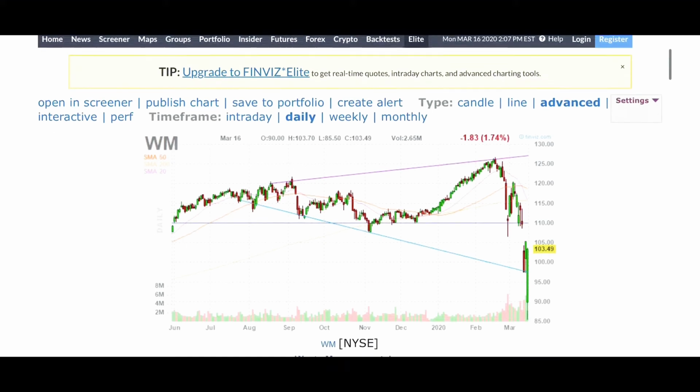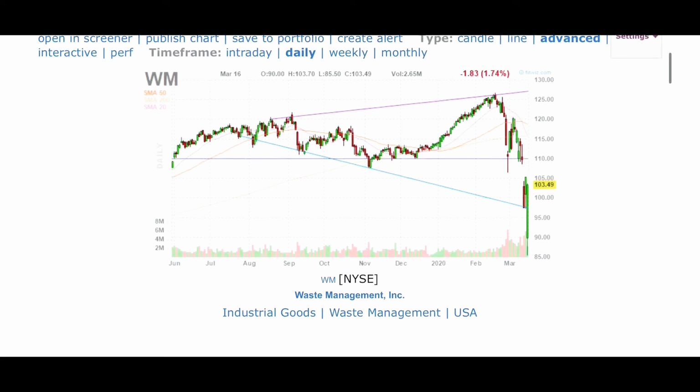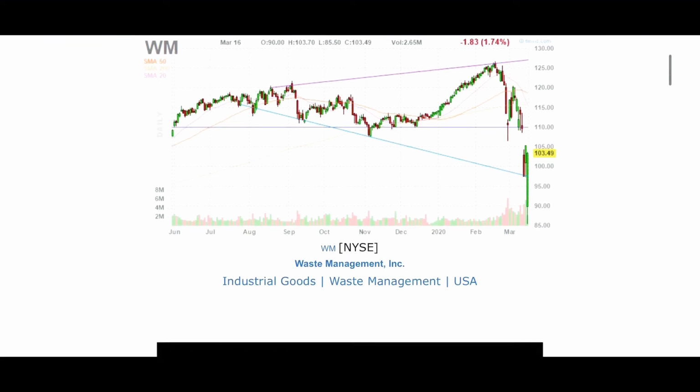Okay, guys, I know the market's falling and we got the corona thing happening, but I want you guys to start thinking contrarian. What type of stocks are getting beat up for no reason other than the market's just taking a punishment? There are things called best of breed stocks, and you will buy them during these downtimes. You buy in chunks. You don't buy your whole position now. You buy a little bit now, you buy a little bit later, you buy a little bit more, even further down the road. But look at this stock, Waste Management.